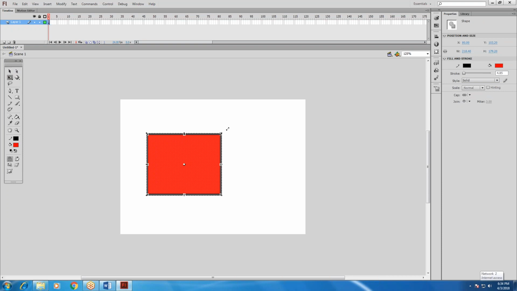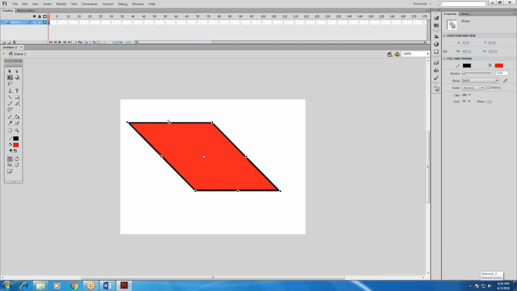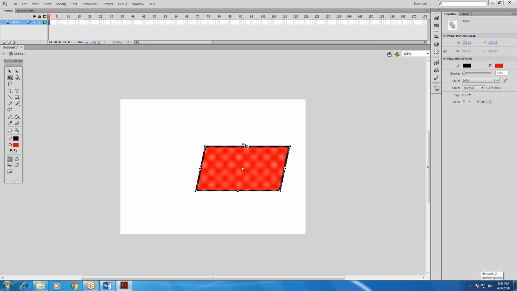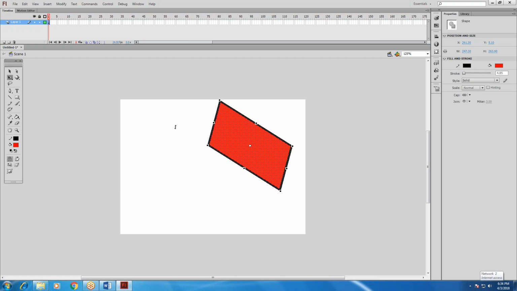You can select it and increase or decrease it, and you can bend also, just by changing the skew. Skew is nothing but bending.